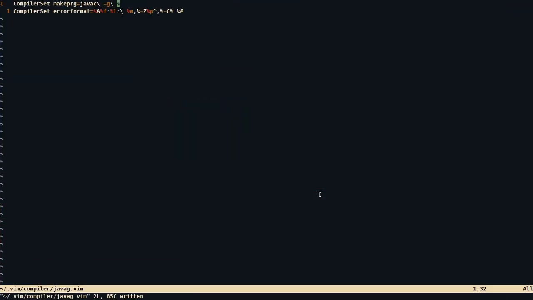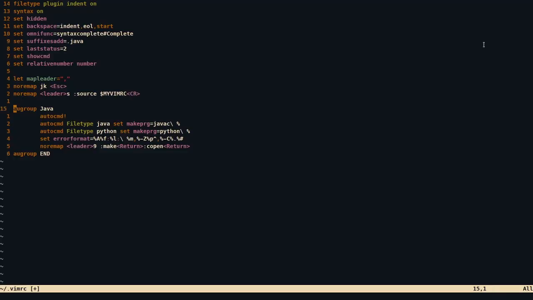And it's gonna automatically source this file. So now that we have looked at ways we can use the compiler directory to set a specific makeprg and error format for our file type and how to handle make, I think it's time to actually look at